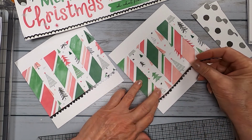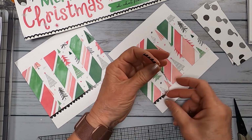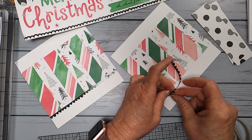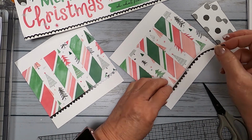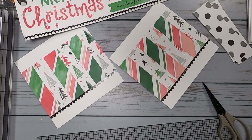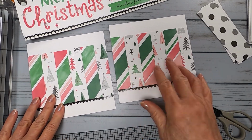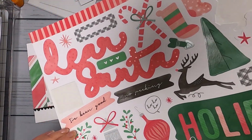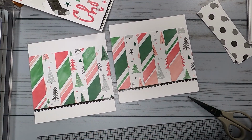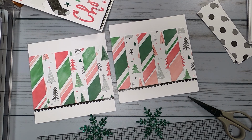Hi, I just wanted to interrupt the music to say this little scallop strip you have to be very, very careful with. It has a tendency for the front part to become disconnected from the back part. So when you're removing that little scalloped piece, just take great caution because it is very tender. And the best glue that I've found to use with the snowflakes is the liquid glass. So, turn it to